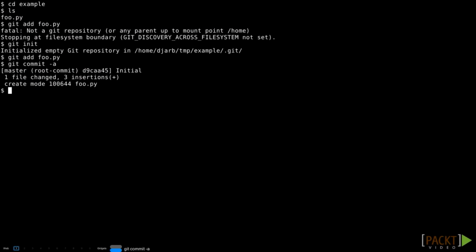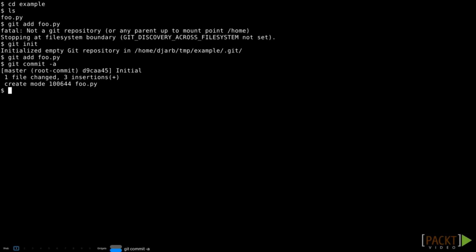The first thing we need to do to use Git, after installing it of course, is to set up a folder as a Git repository. That only takes a couple of commands on the command line after we move to the folder where we want the repository. Git init and git add. Once we've initialized the repository, we add any files that we've already created to it with git add, and then